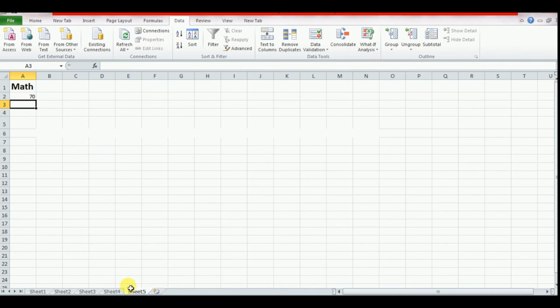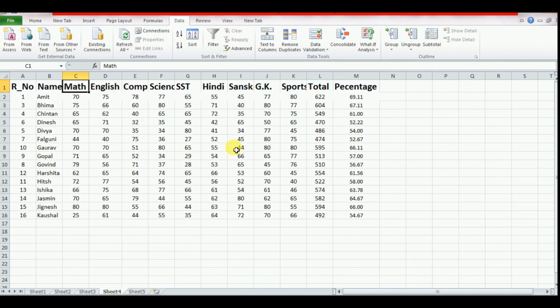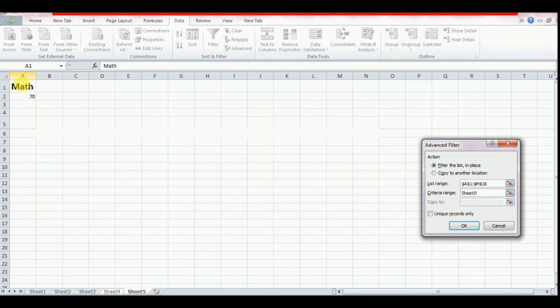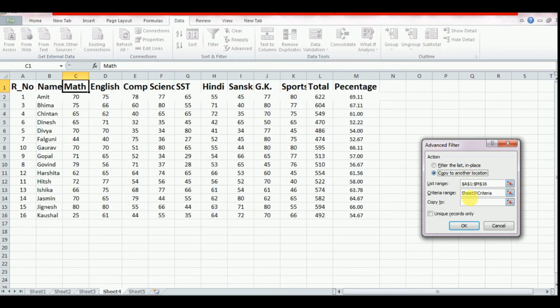Now set your cursor on sheet 4, click on advanced filter. You can see our desired table is selected. Now criteria: my criteria is on sheet 5, so select the criteria like this. Now copy to another location. My copy to location is where I want to see the output.